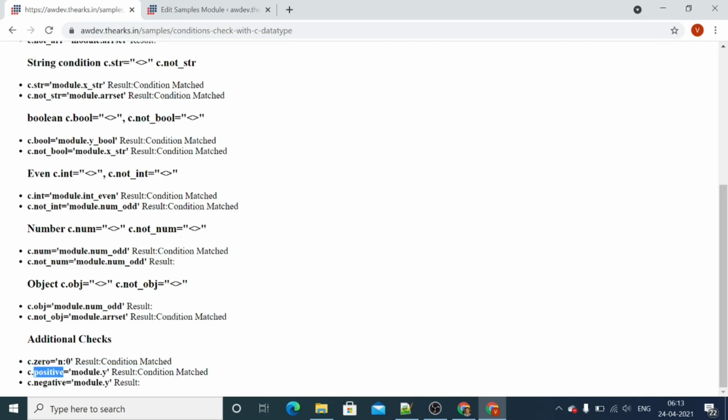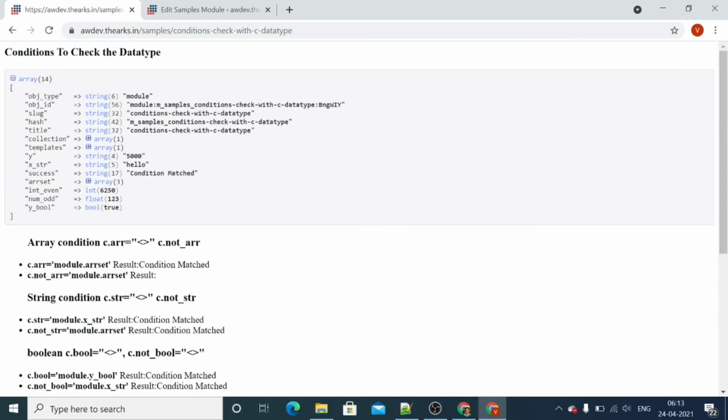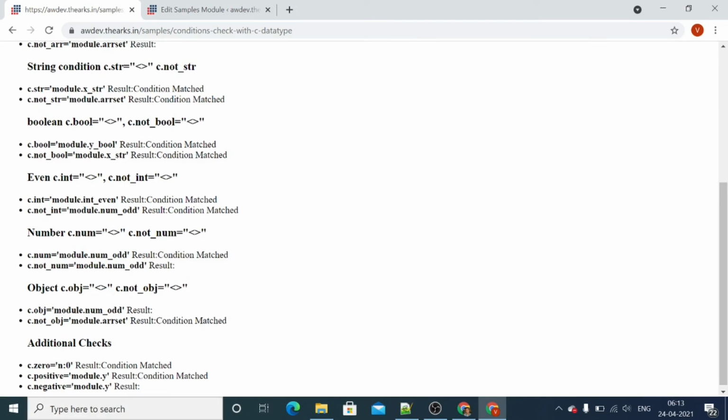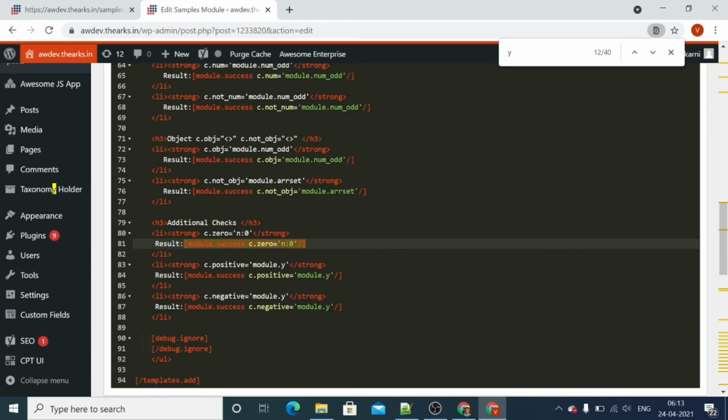For c dot positive with module dot y, module dot y has a value 5000, so the condition is matched. And for negative, module dot y is not a negative number, so this condition is not satisfied. We didn't get the output because this variable has a positive number, so this condition is not matched.